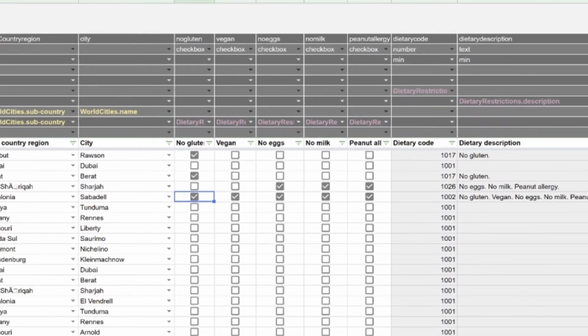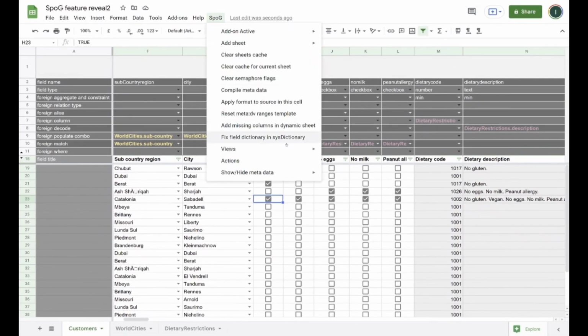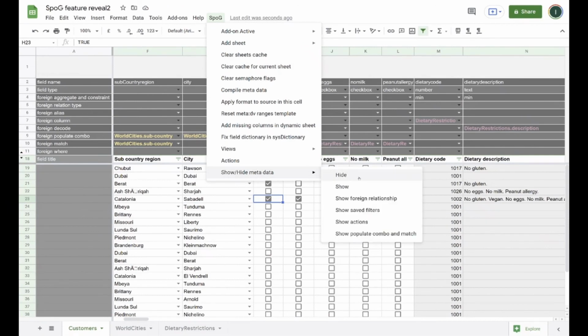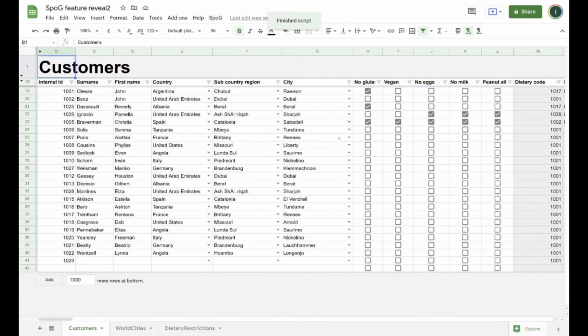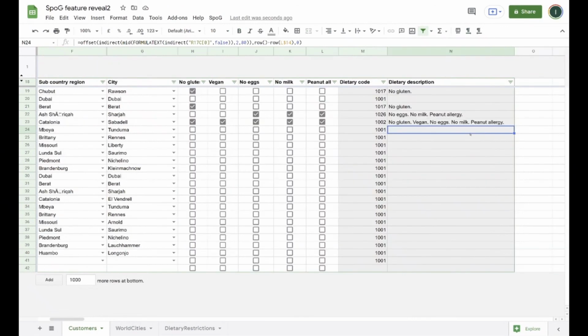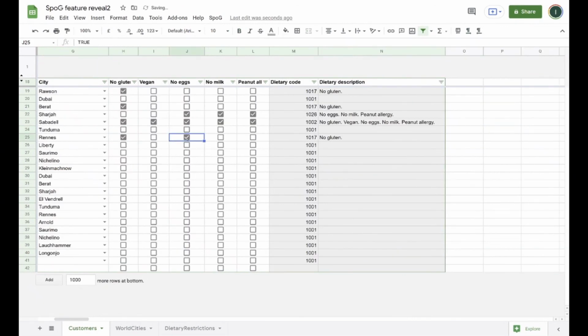Let's view it like our users are going to. And here we have the functionality we wanted.